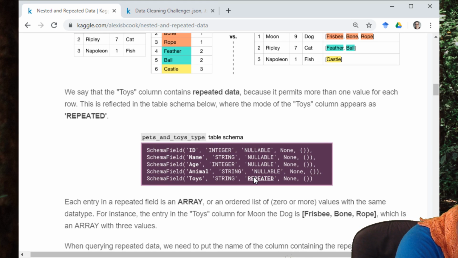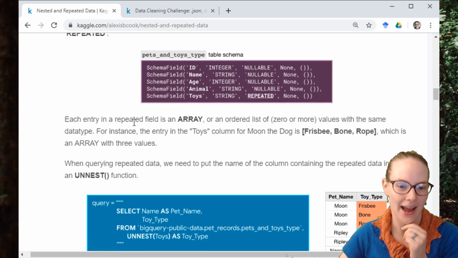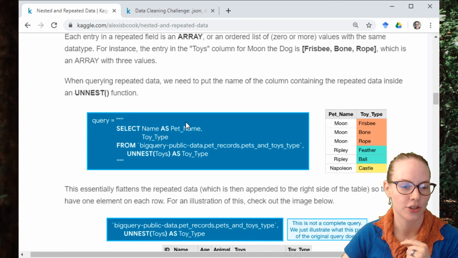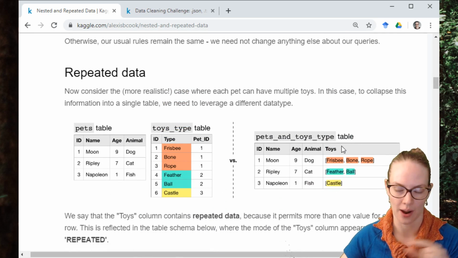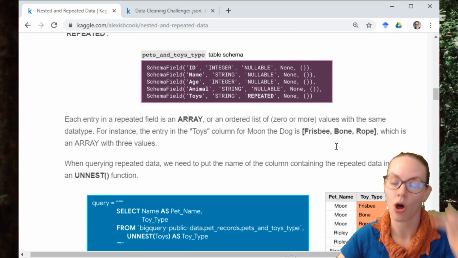Have static typing? All right. And you can see it's an array, so it is an ordered list. And if we wanted to go from this repeated data structure into the long one where we had 6 rows,